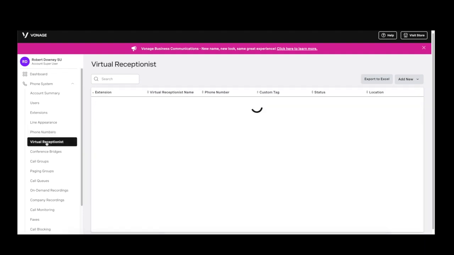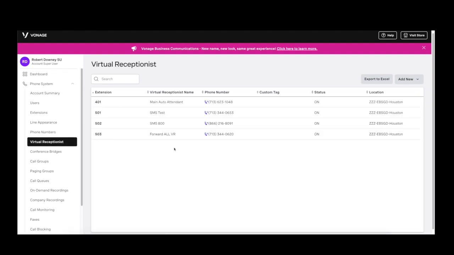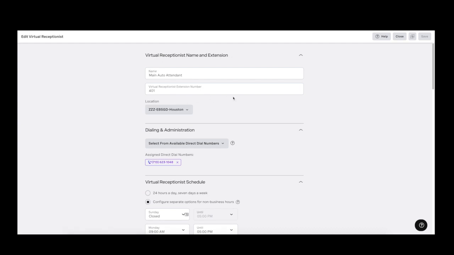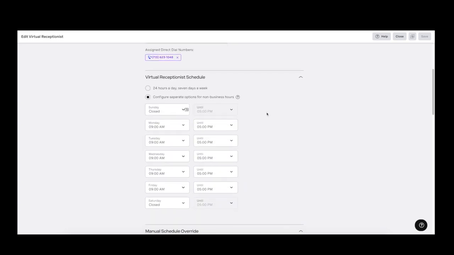The virtual receptionist is also commonly known as an auto attendant. This has the same features and functionality of most phone systems, where you can go in and set your extension, what phone numbers, what location it belongs to. Do you want after hours business, so you do one thing during the day and one thing at night? Or do you want to have this run 24 hours a day?